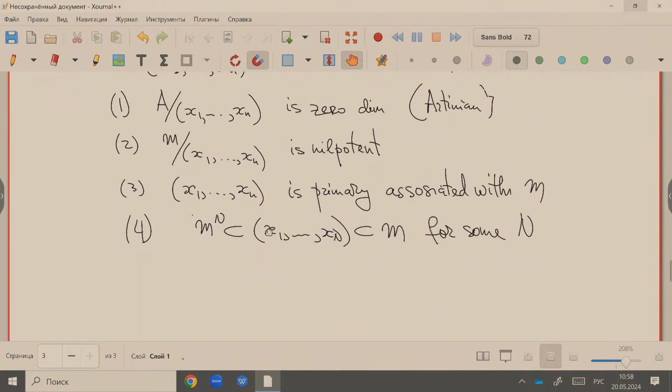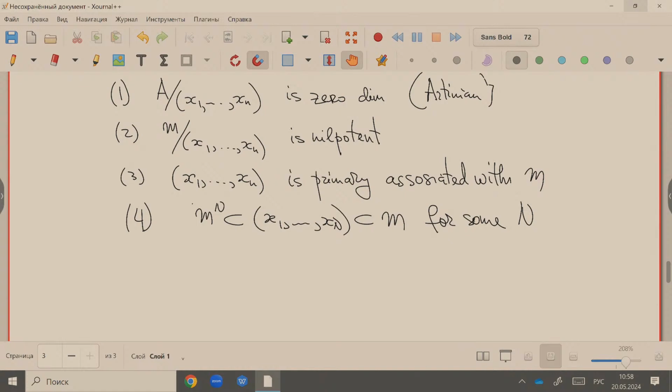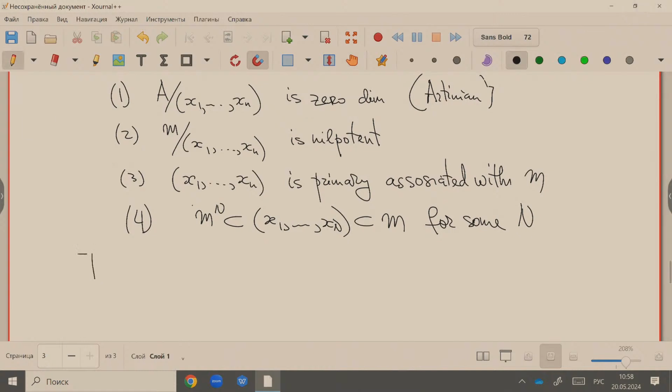And so this is just summing up more or less what we have said, and this suggests the following: the ring is called regular if the dimension of this ring, the Krull dimension, that is, the length of a chain of prime ideals, is equal to the dimension of M modulo M squared